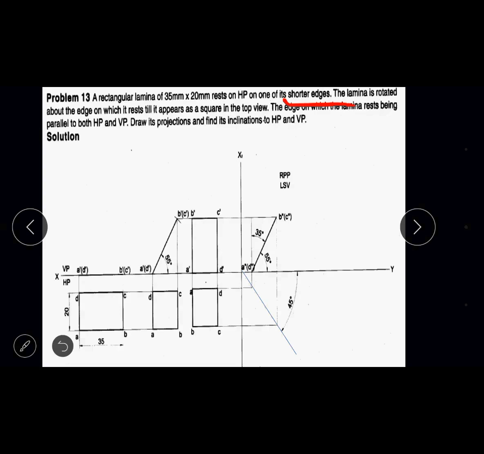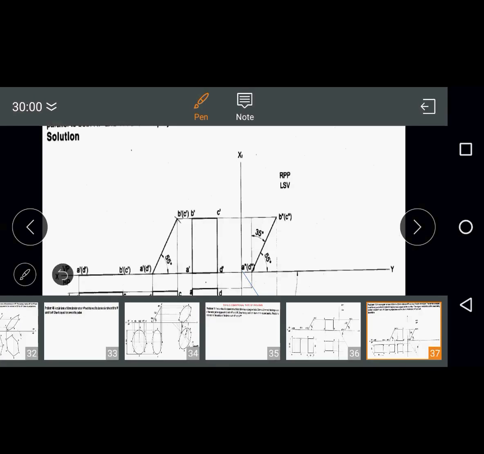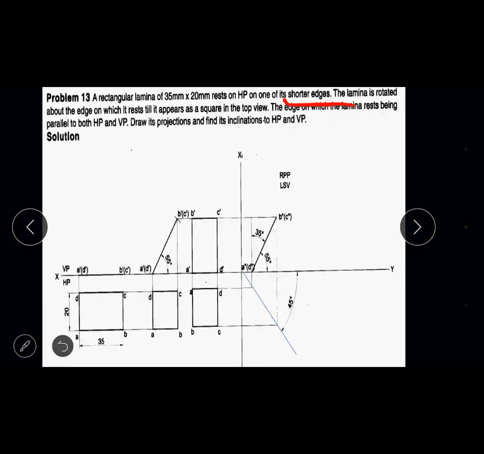So that shorter edge is given over here. So you have to place the rectangle on HP in such a way that the shorter edge is placed on HP. So with the shorter edge position, the rectangle is constructed, and obviously even if it is not given, you have to go for the shorter edge, because ultimately in the next step